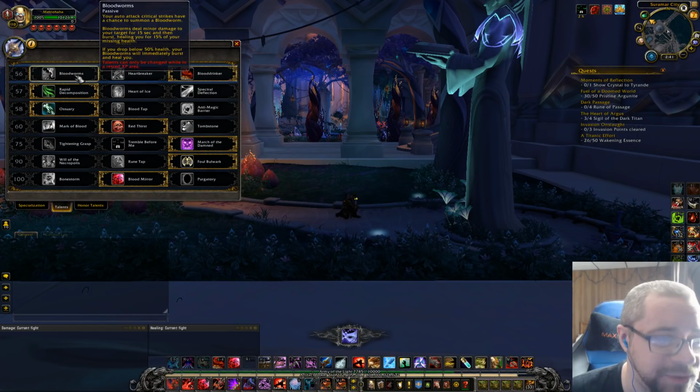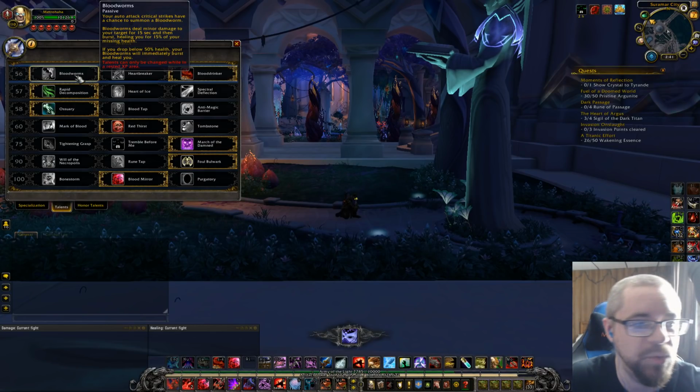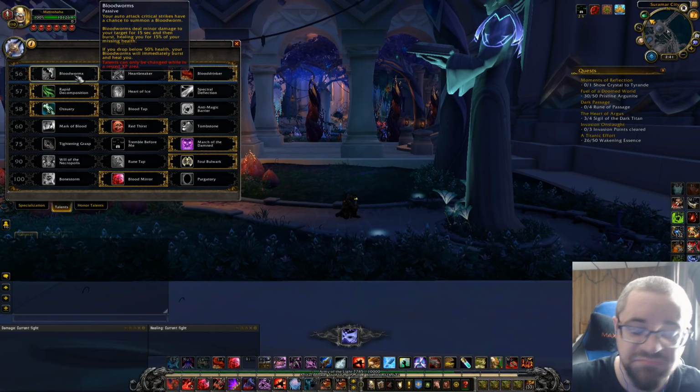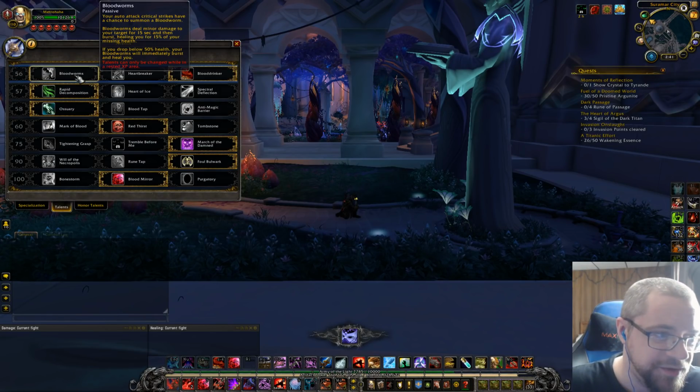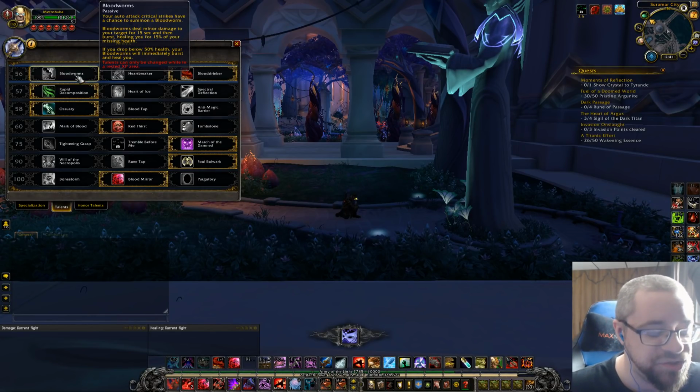So anyway, Bloodworms. Your auto attack crits have a chance to summon a Bloodworm, and Bloodworms deal minor damage to your targets. That's no exaggeration. And then they burst, healing you for 15% of your missing health. If you drop below 50% health, your Bloodworms will immediately burst and heal you. So why this talent